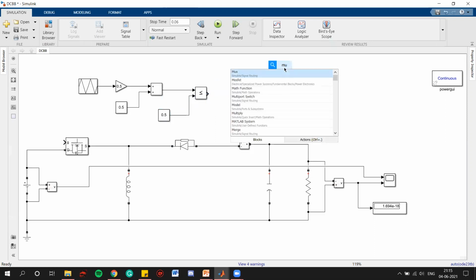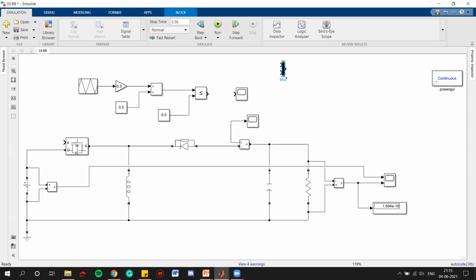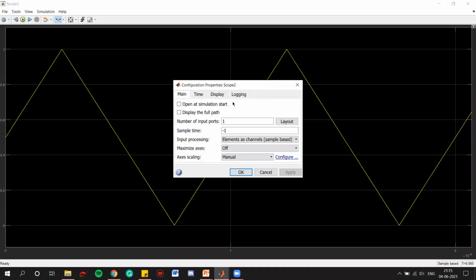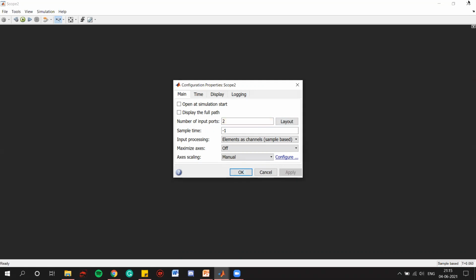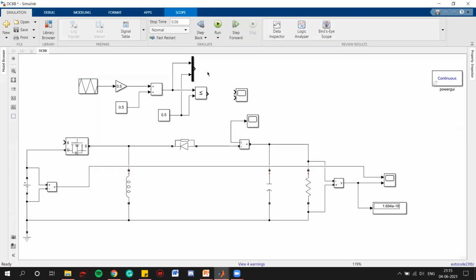Let's use a multiplexer. Multiplexer is a device which will have multiple inputs and a single output. So we are connecting this multiplexer here and here. Let's convert this into two inputs with two different waveforms. So first will be the comparison and the second one will be the output of this thing. So let's check what we are getting.